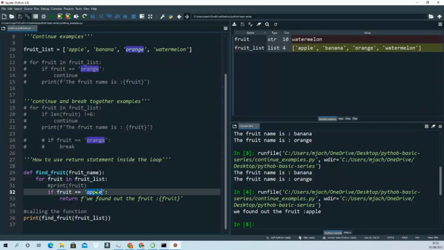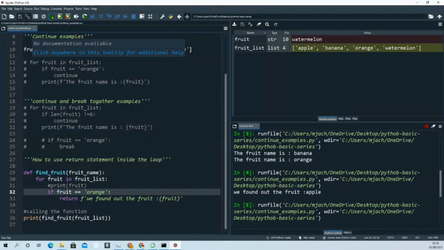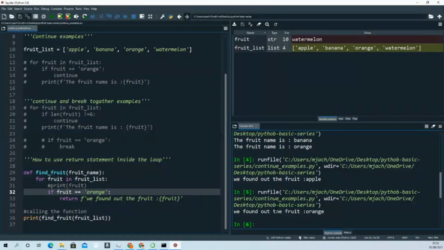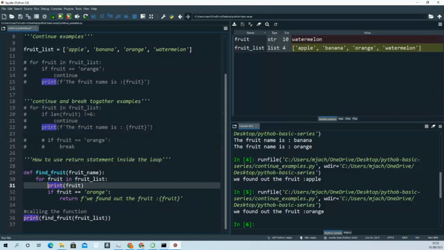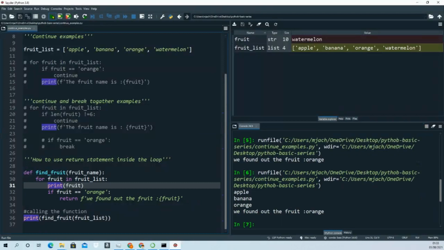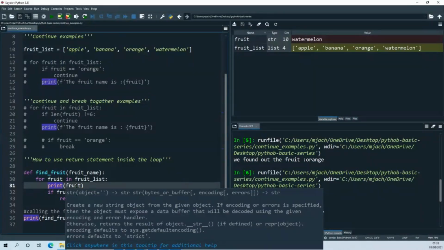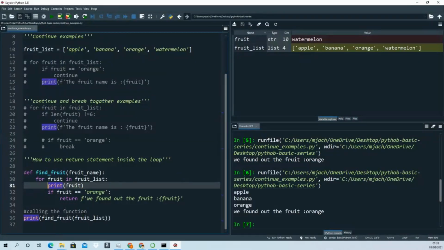So if I put the orange, if you find the fruit orange, it's going through the for loop. You can even print in here, and if I put a print statement here, it's going to print all the fruits, and the moment it finds the orange, it will stop. So orange here, stop. Let's say if I put the banana,